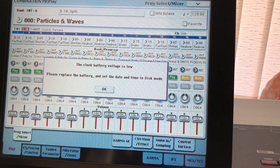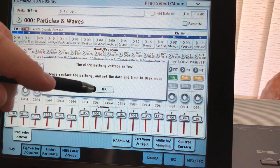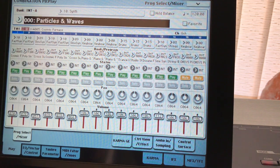So after doing some digging around on the internet, I think this is a fairly easy fix. So, sitrep: I have replaced the battery with a brand new battery, and I am still getting the message "battery voltage is low. Please replace the battery and set time and date." Now I've obviously replaced the battery already, but I haven't reset the time and date. So what I'm going to do now is clear that error,